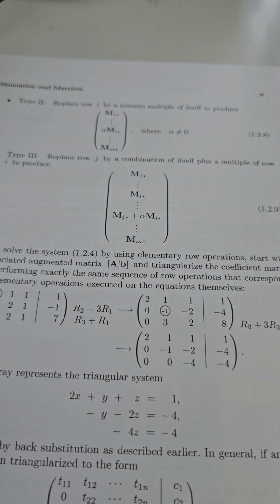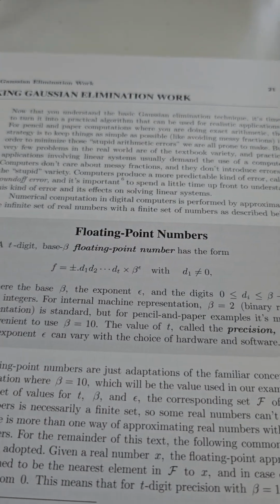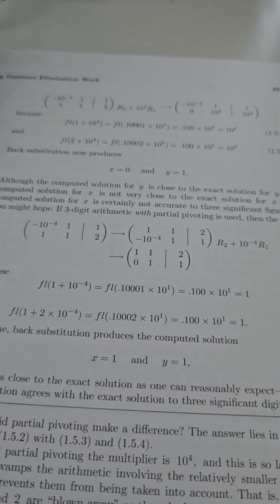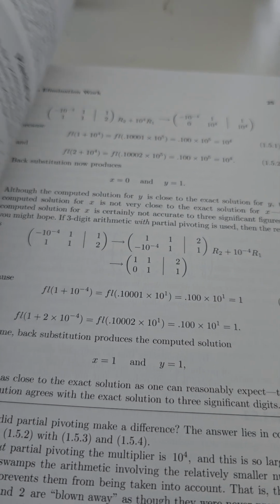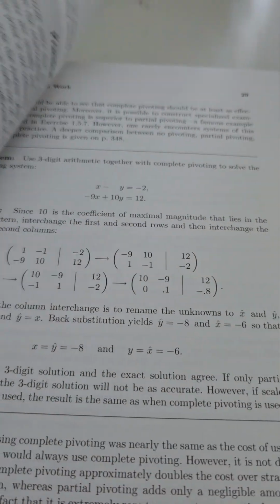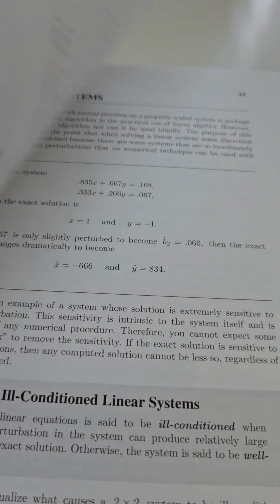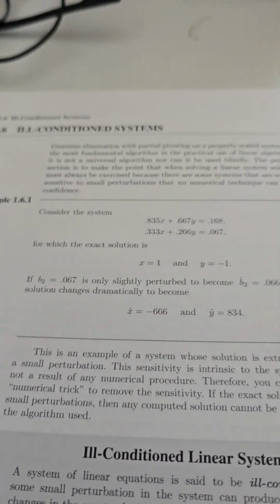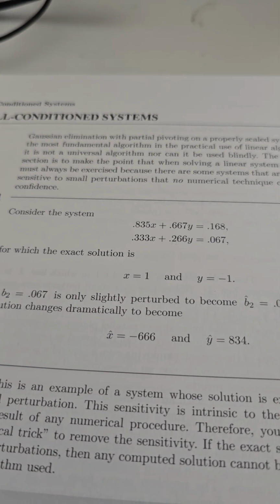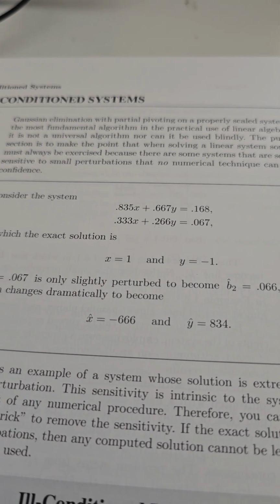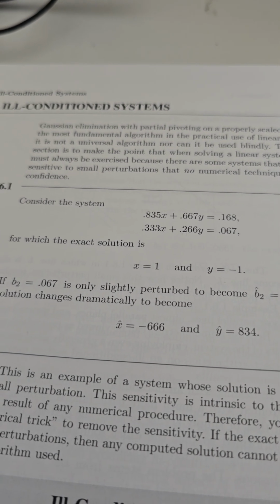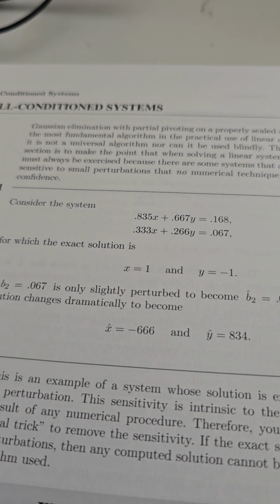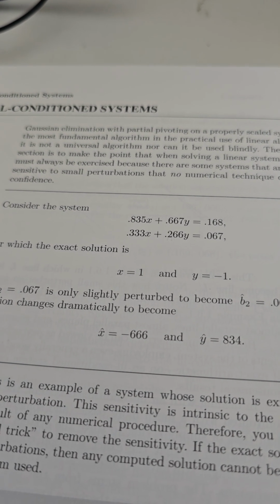So, for example, one of the things I really like, here you see a thing about floating point numbers, which you never really see in books of that kind. But one example is where he discusses systems that are ill-conditioned very early on. So here we see a system given by a system of equations, and the equations are given by decimals. And the idea is that you disturb one of the decimals, you just make an error in the measurement, or an error in the numerical code, or just a rounding error.